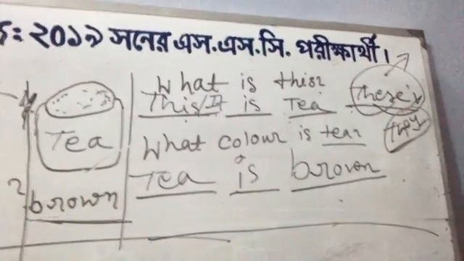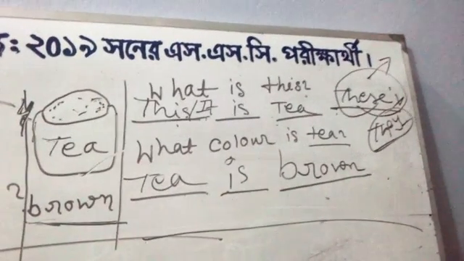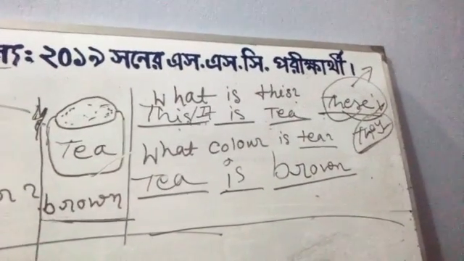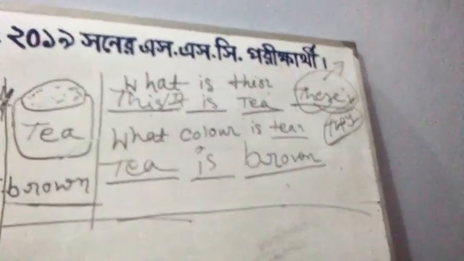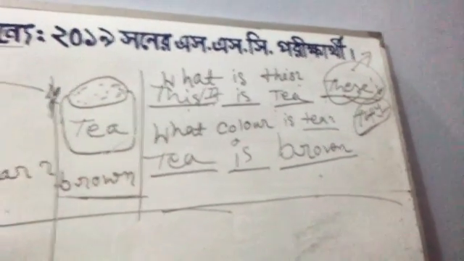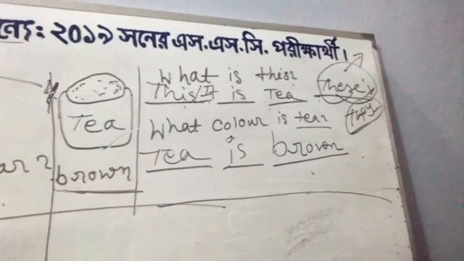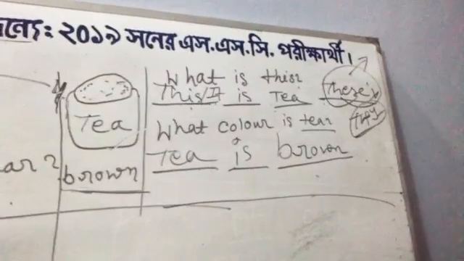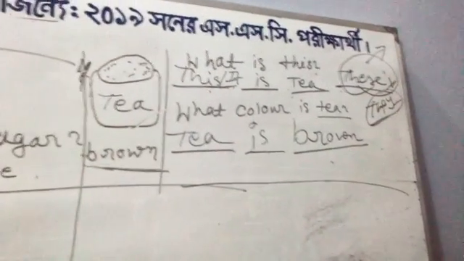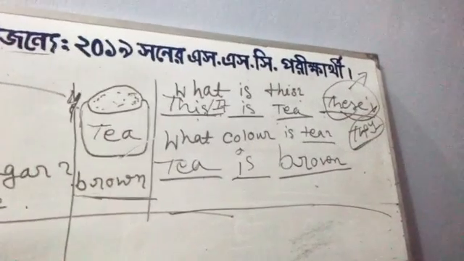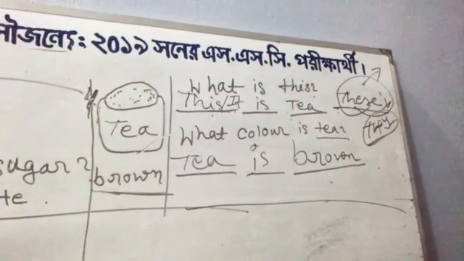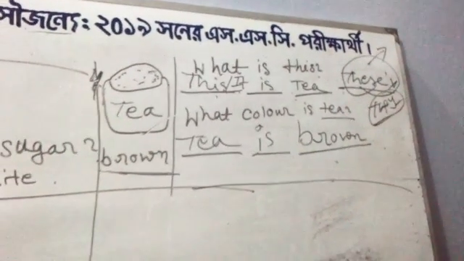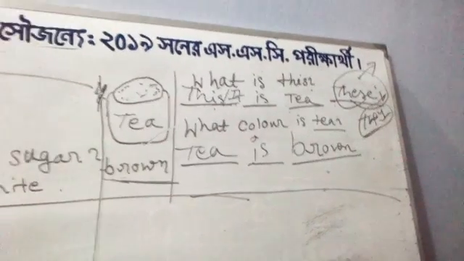As I told you, though sometimes we drink reddish tea if it is the liquor of tea, here tea is brown. When tea mixes with full cream powder, milk, and the reddish liquid, along with sugar, then it becomes a brown color, which in our Bangladeshi context we call white tea. But actually there's no term of white tea, we better say it's brown tea. So basically the color of tea is brown, so you have to write tea is what? Tea is brown.